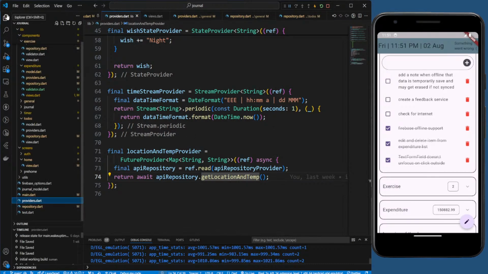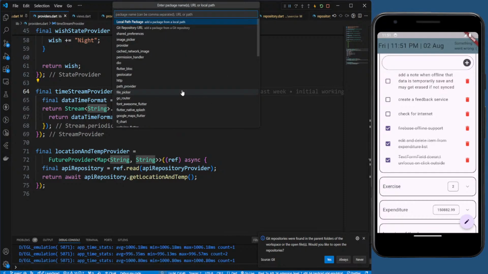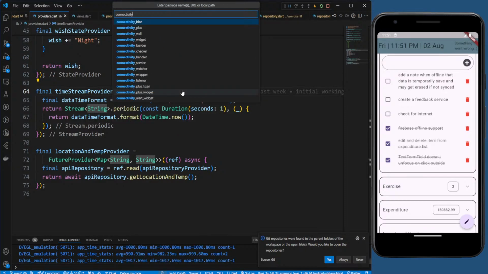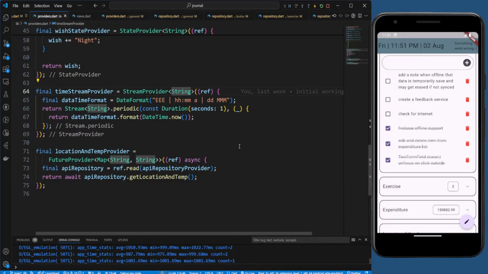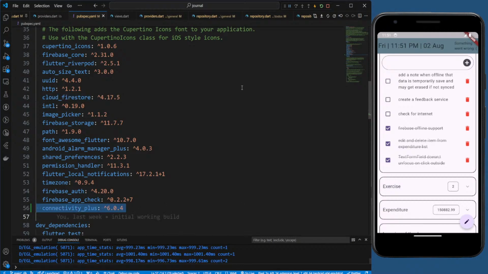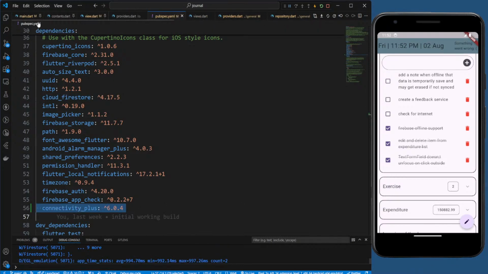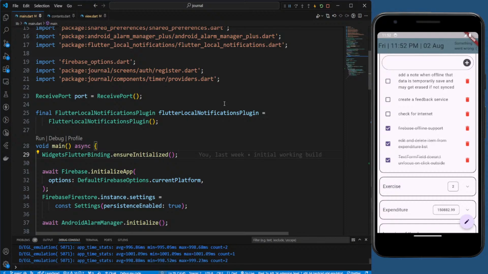Go to your VS Code and just search for connectivity plus. Go to dependency, add dependency, connectivity plus, this one. And let's go to pubspec now. Pubspec.yaml, this one, that's correct. Close others. Okay, and what we can do is